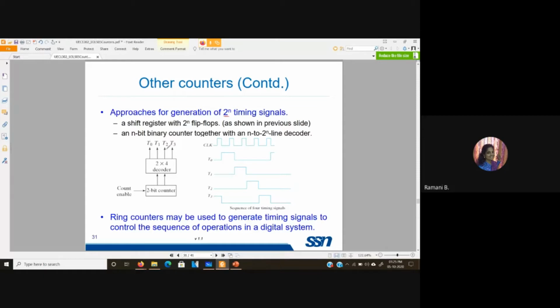The second type is generating it using a counter along with the decoder. So with n bit counter, we know this 2-bit counter will go through the sequence 0, 0, 0, 1, 1, 0 and 1, 1. That is what this will go through. So this is given as input to the 2 to 4 decoder. Okay. So with decoder, we know if my x, y is,